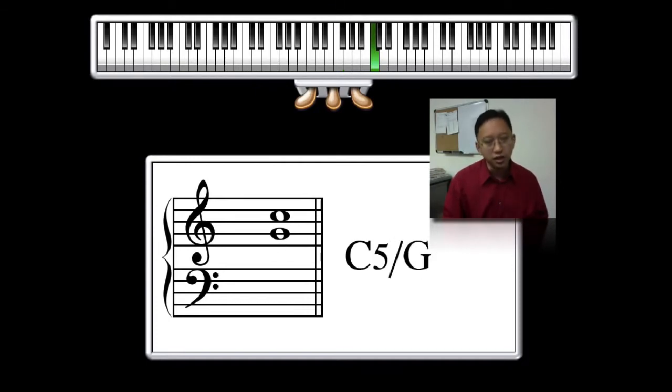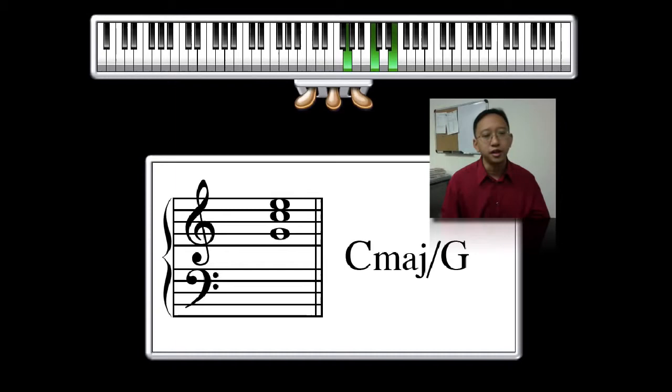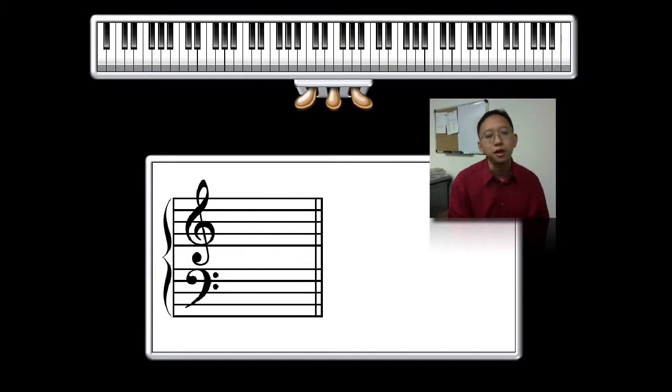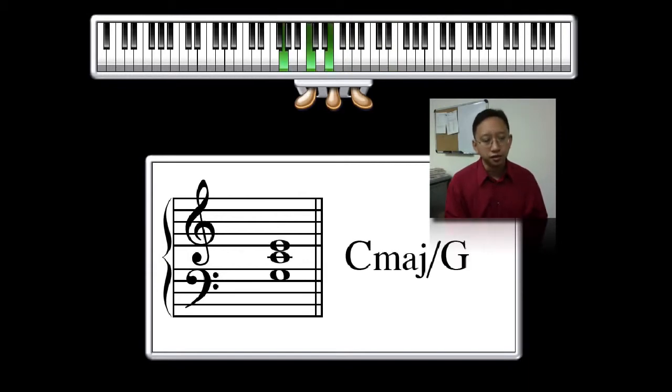So I could invert that yet again to what we call the second inversion, and that would be G, C, E. Same three letters, but now with G on the bottom, hence C major/G, okay? It doesn't matter where I play it on the piano. If I play it down an octave here or even with my left hand, it's still C major/G,